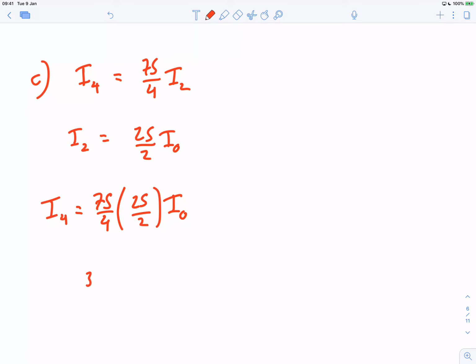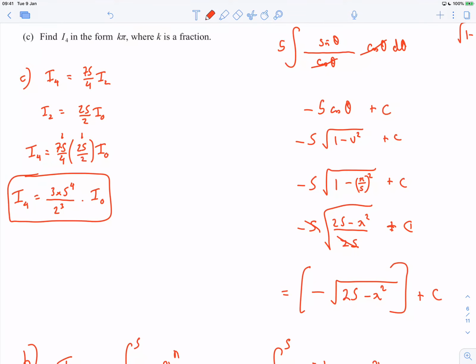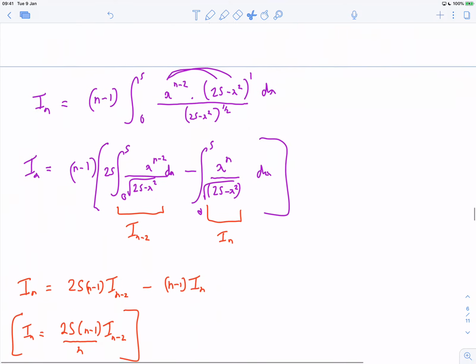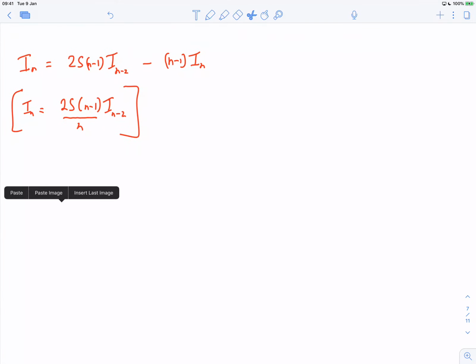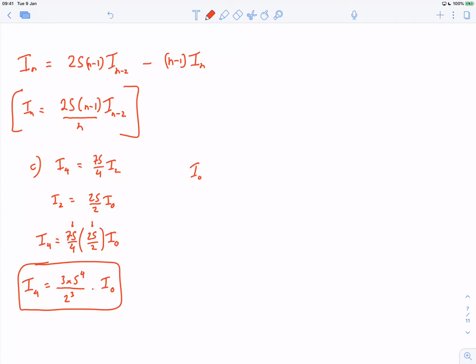I've got 3 times 5 squared times another 5 squared, so this is 5 to the 4, all over 2 squared times 2, so that's 2 cubed, and this is times I0. So actually, this becomes really good because all I have to do now is integrate I0 and times it by this horrible thing here. So if I whack that down there, all I have to do now is find I0, and that is just